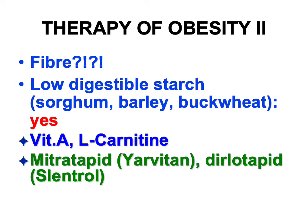During the therapy of obesity, we have to think about fiber supplementation. The question mark shows us that there are problems with it. Yes, to some extent, instead of 2-3%, we give 10-13% of fiber, but no more. Especially cats cannot tolerate too high fiber. They will reject the feed intake, and this is also a danger of